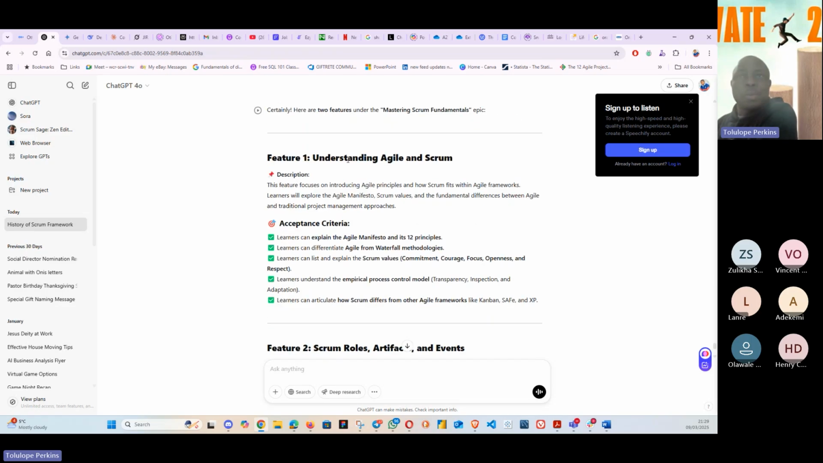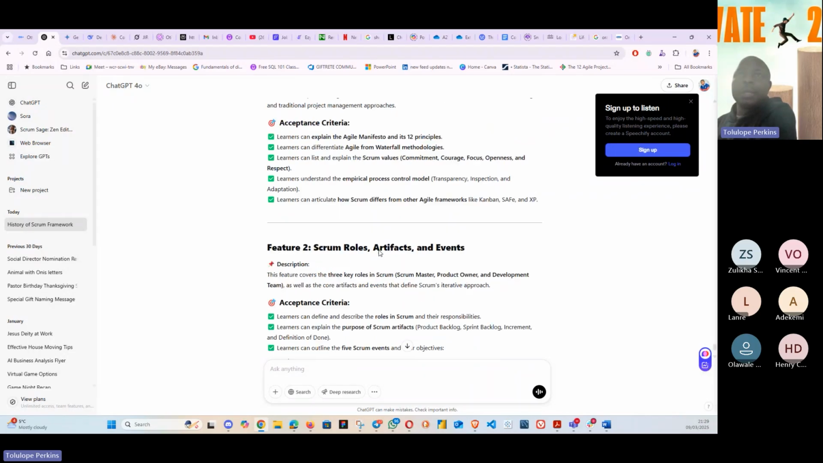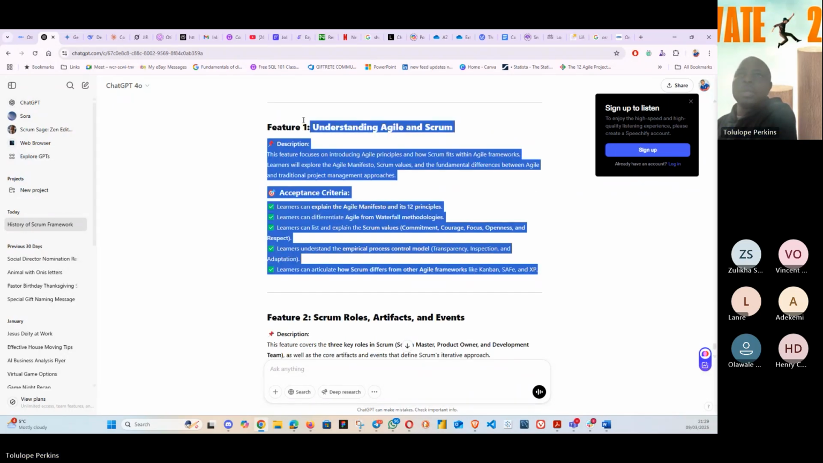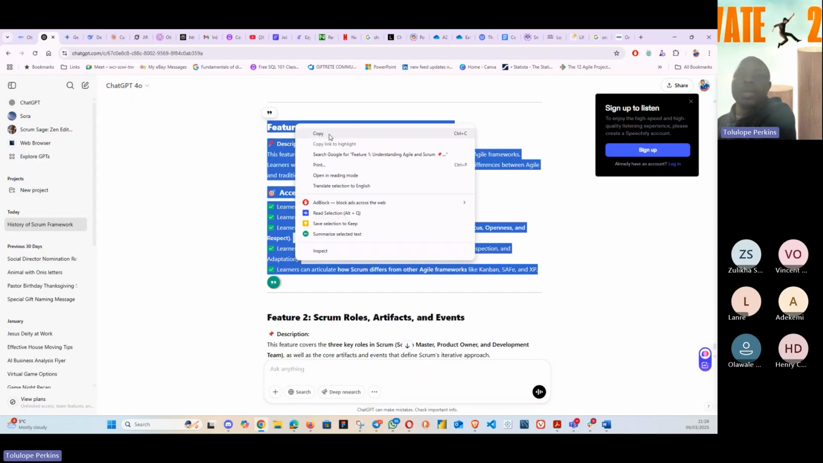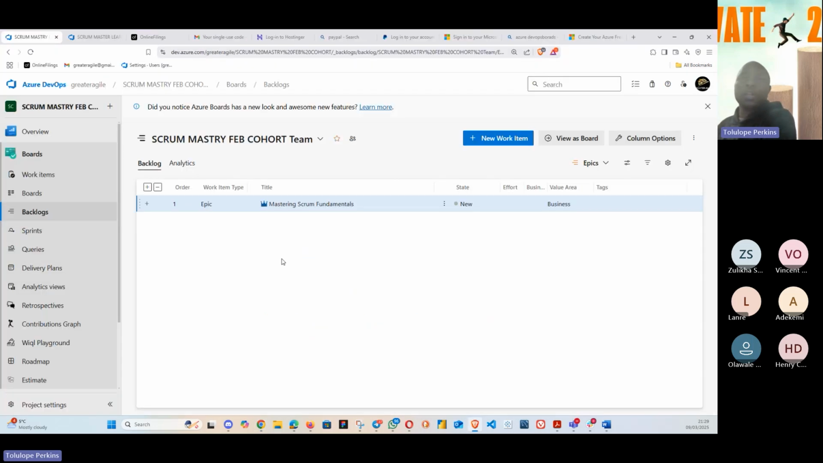So we will now further break this down into PBIs. Let's copy this, and then I'll come over to our Azure DevOps. To get a feature under this epic, which is high up there, you click on this plus sign. There's a plus sign in front of this epic, number 1. If you click on it,